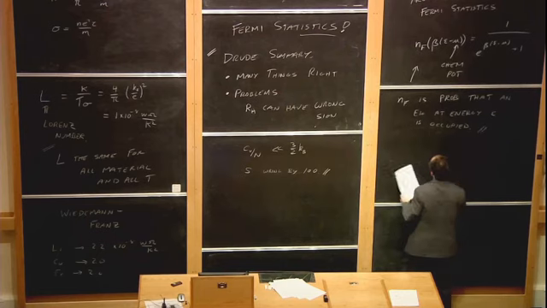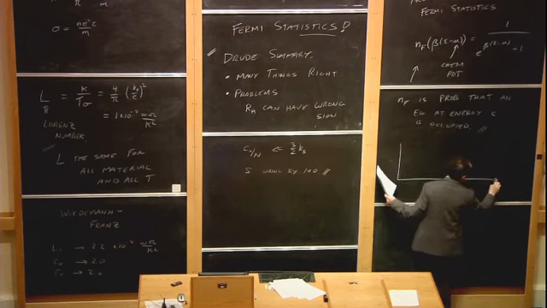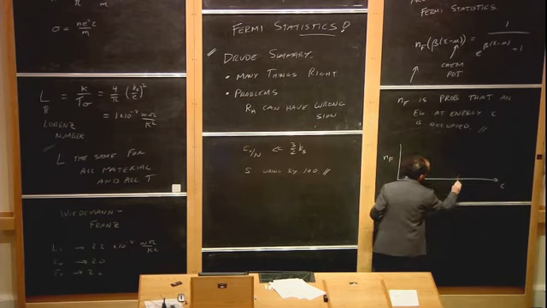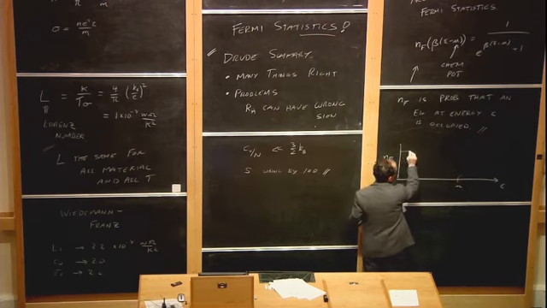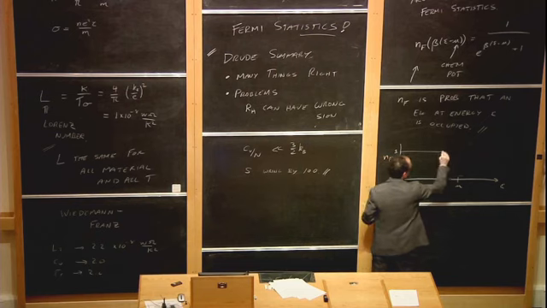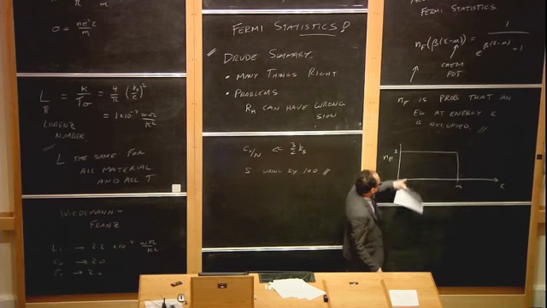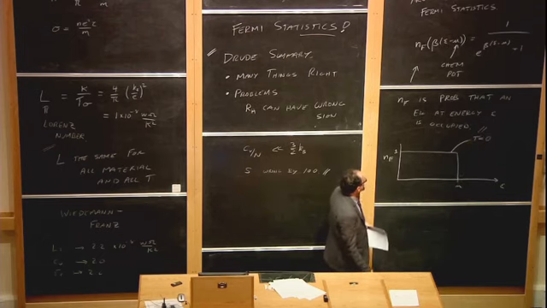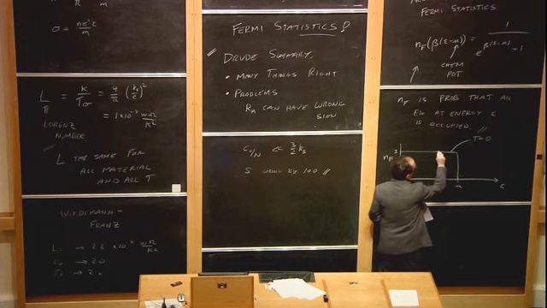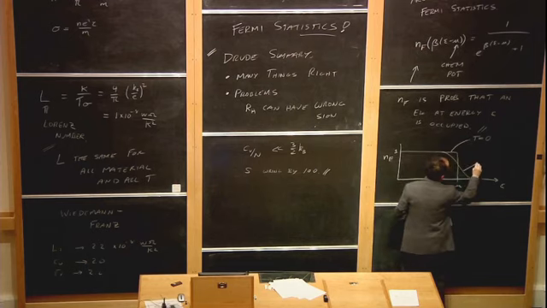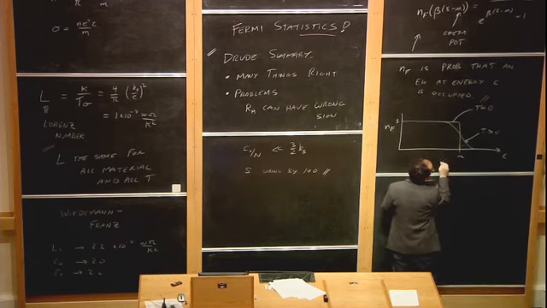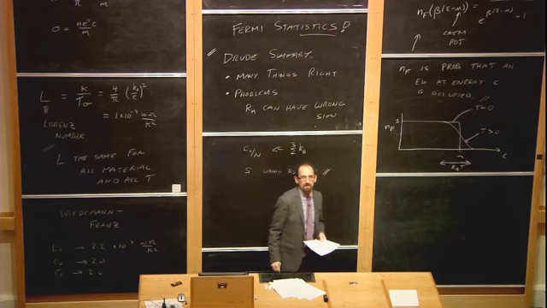So let's plot this thing. We have energy on this axis, we have n_F on this axis, and somewhere over here we have the chemical potential, mu. At zero temperature, the Fermi function goes from 1 to 0 as a step function. That's supposed to be flat up there. So this is at T equals 0. It's a perfect step from 1 down to 0 at the chemical potential. At T not equal to 0, it's somewhat smoother. It looks like this. So this is T greater than 0. And the width over which it drops from 1 to 0, this width here, is roughly k_B T. Does this look vaguely familiar from last year, I hope?